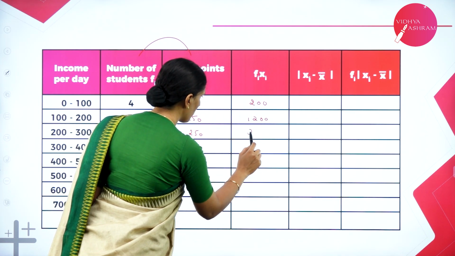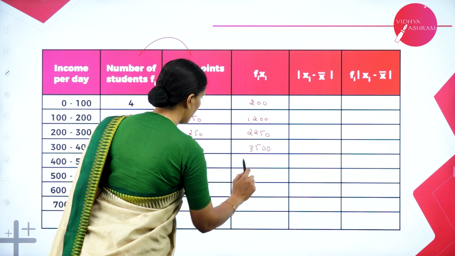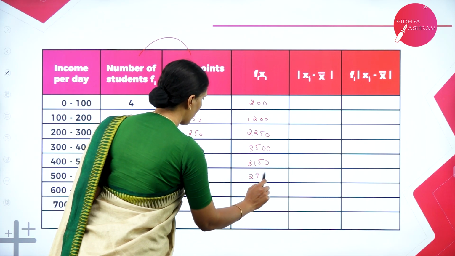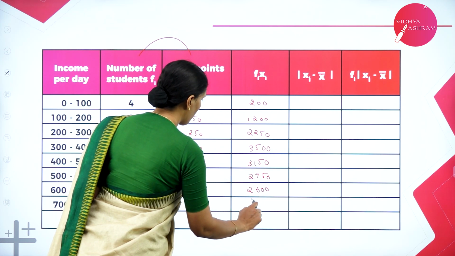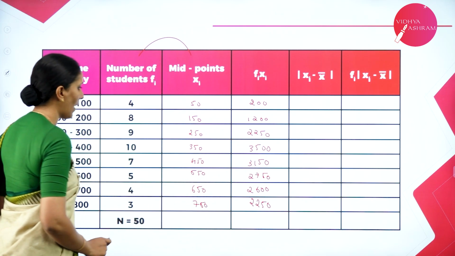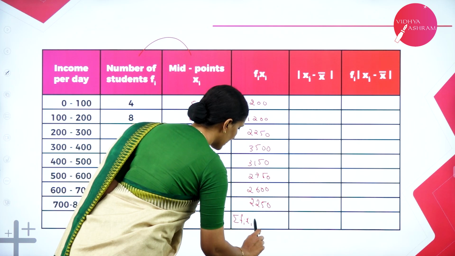Next we have 2250. Next we have 3500. Next 3150, 2750, 2600. Next we have 2250. So once you add all these values, you will get the summation of Fi, Xi as